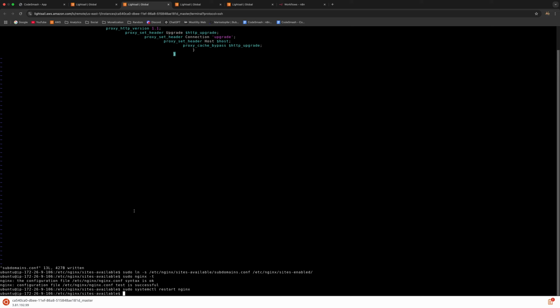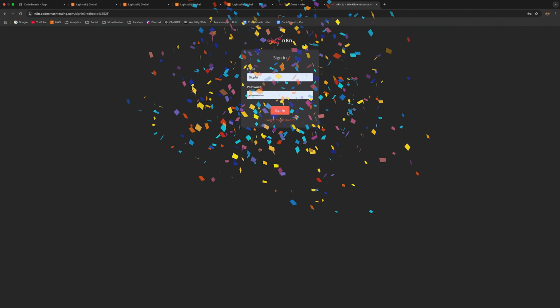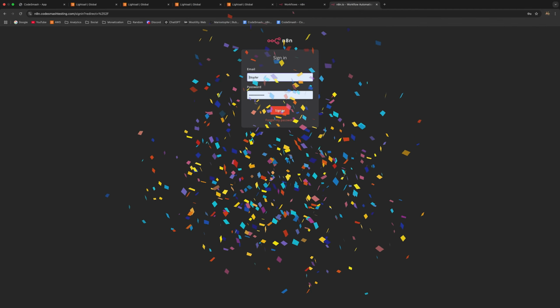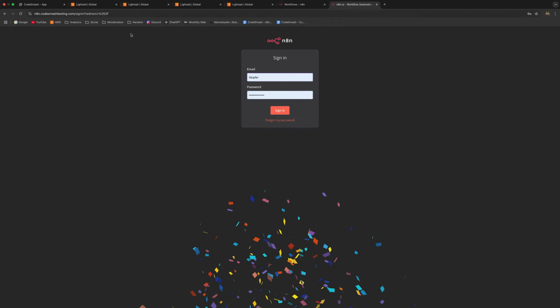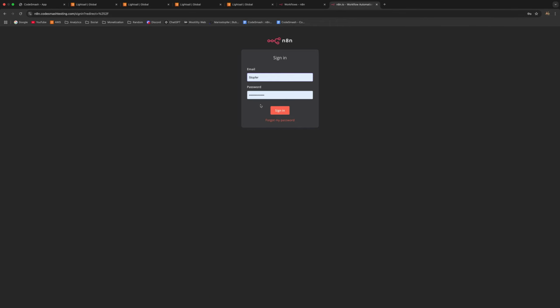Once that's done, you can just go and restart Nginx, and now go to the browser and look up your subdomain, and you should be able to see the login screen like we have right here. So guys, this is pretty much it. This is how you can access Nathan through a custom domain on a specific subdomain, and it takes probably less than a minute to do